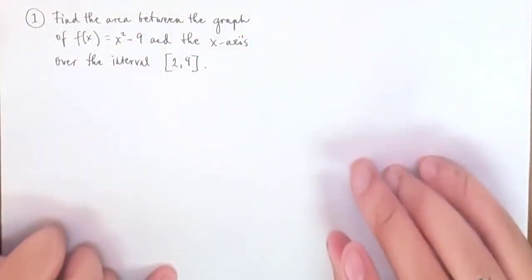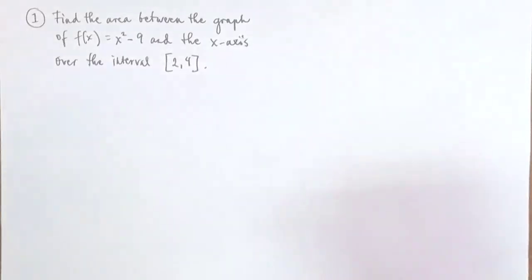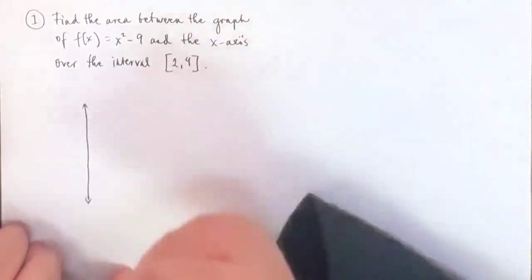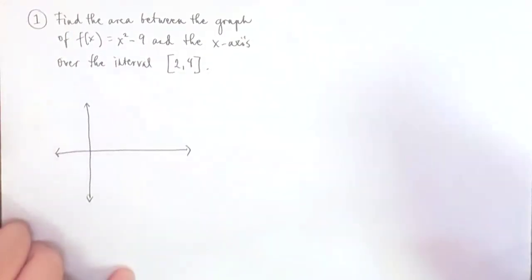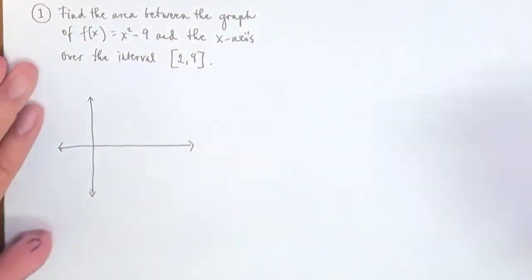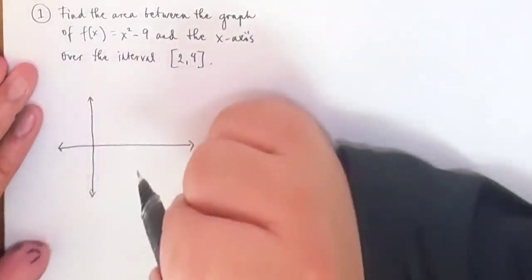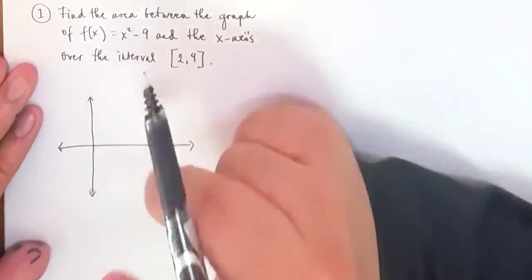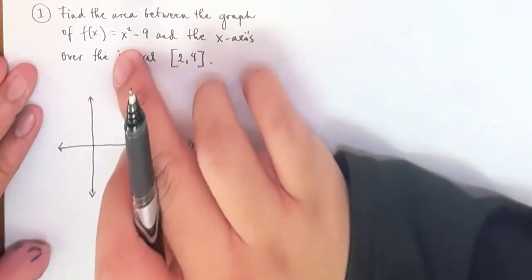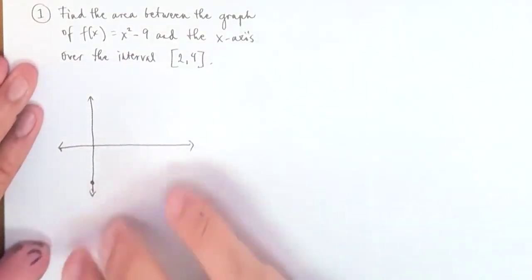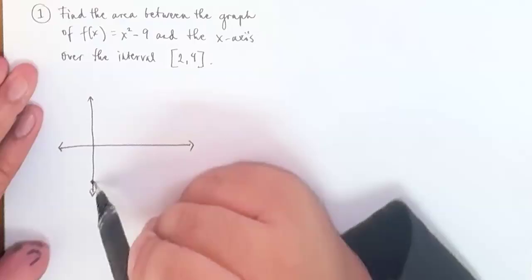So if you know your quadratics, you know that the graph of this function will be like, if x equals 0, then y equals -9, and that will be the vertex of the graph. And it's a parabola facing upwards that looks like this,